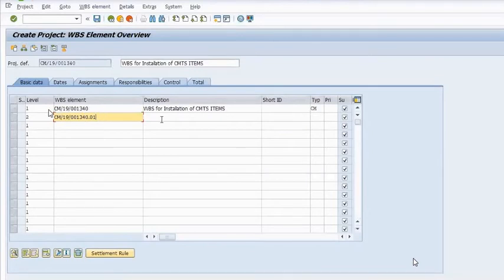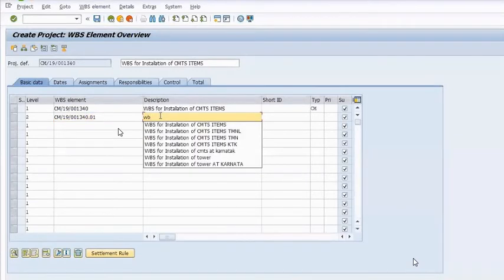In the level 2 WBS we will maintain all the planning activities in network profile, like material planning, service planning, overhead planning, borrowing cost planning. So this is the WBS for the installation of CMTS item in Tamil Nadu circle.